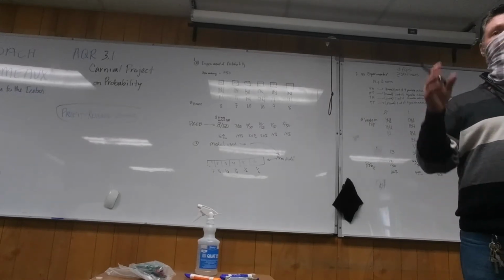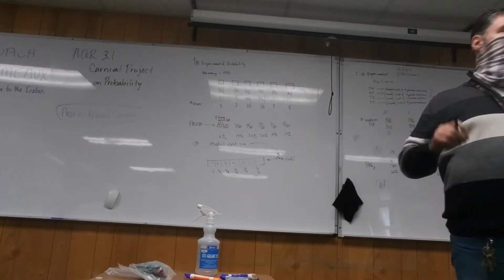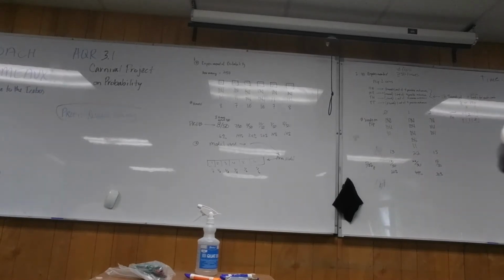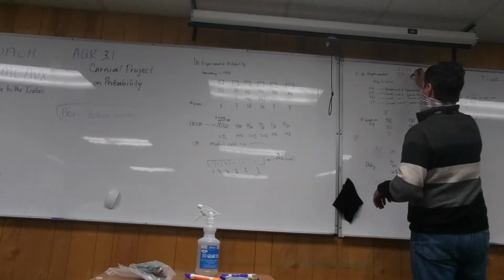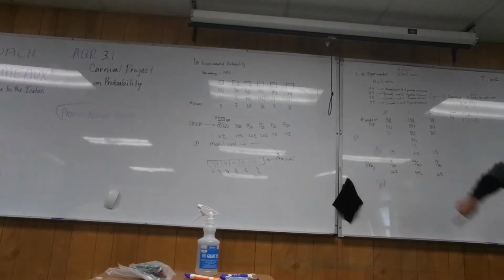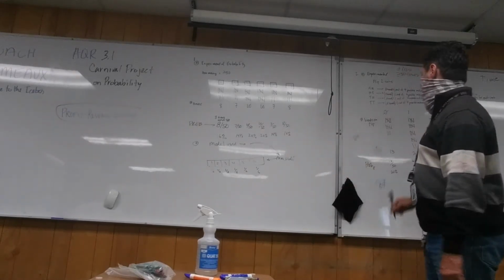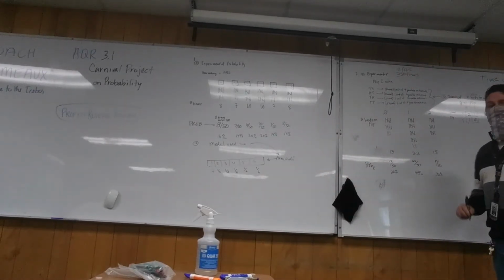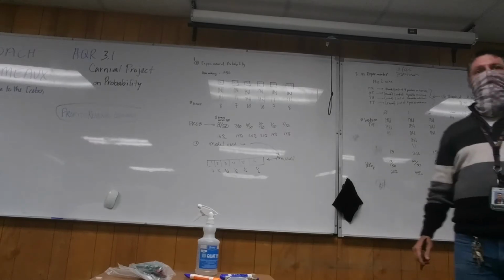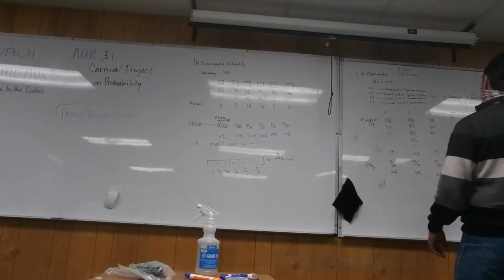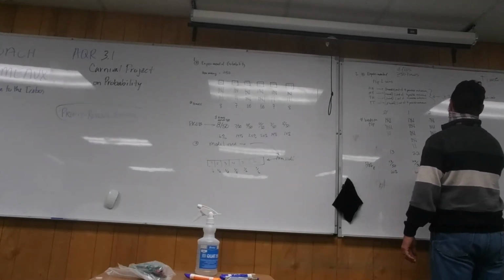How can I say that? Because that's what probability is. Your sample size is the number of times you do it in an experiment. The sample size in theoretical has to do with the total possible outcomes. The total possible outcomes for flipping 2 coins is 4, isn't it? There's only 4 possible outcomes, right? If you have 4 total possible outcomes,